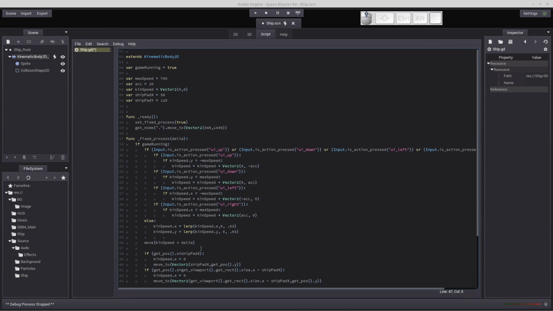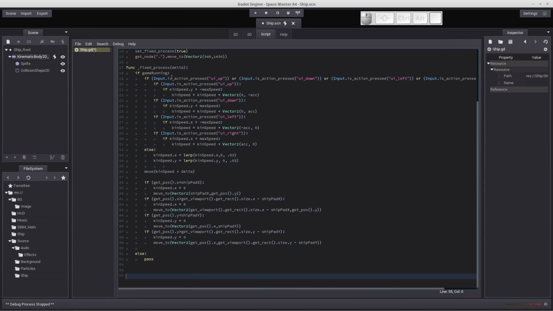Okay, so we need to change our game running to false, because when the game first starts up, the game will not be running. So we need to change some things in here in the else statement. We need to